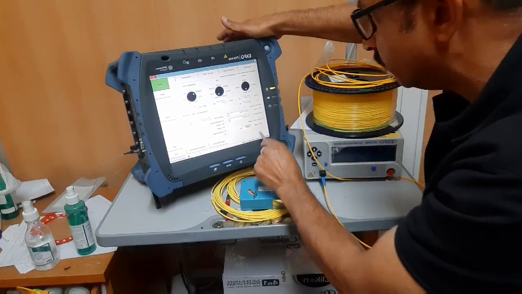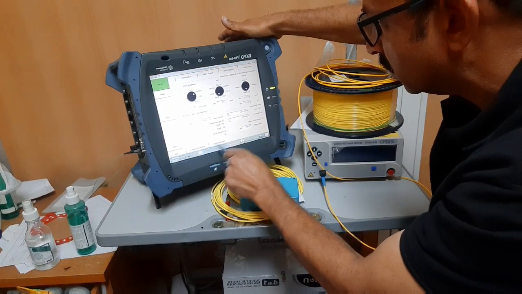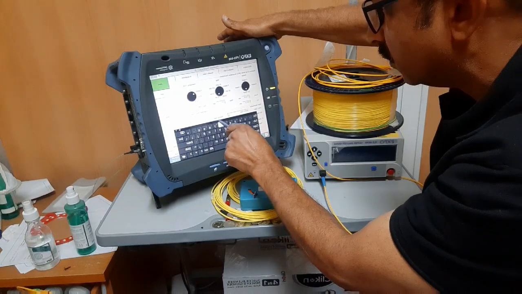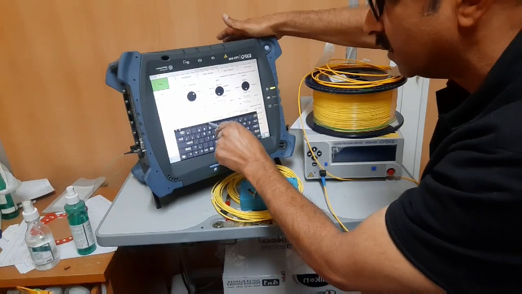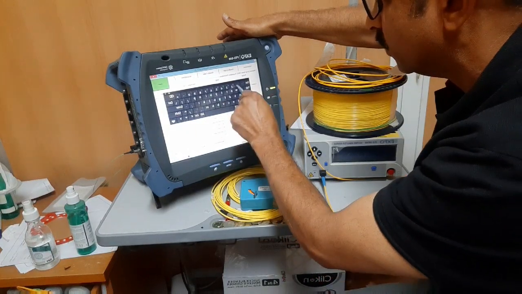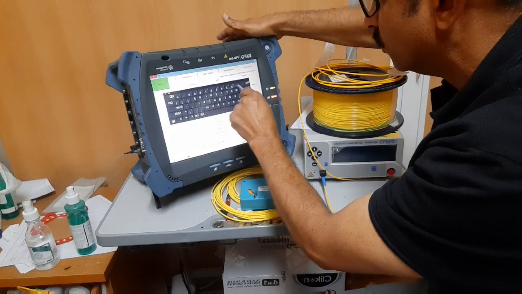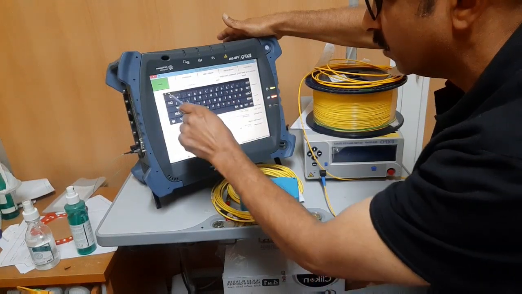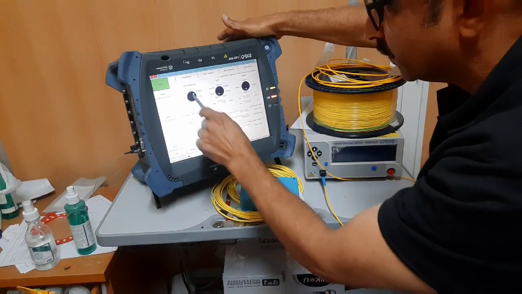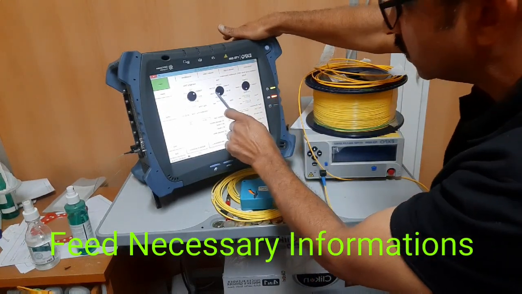Then we have to change the length of the fiber, because it is 1 kilometer only, so 1.1 kilometer. Then, this is C plus L band.